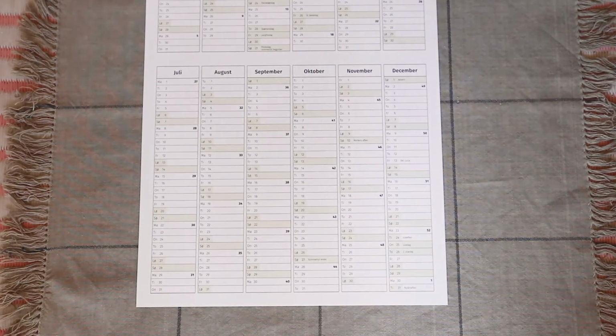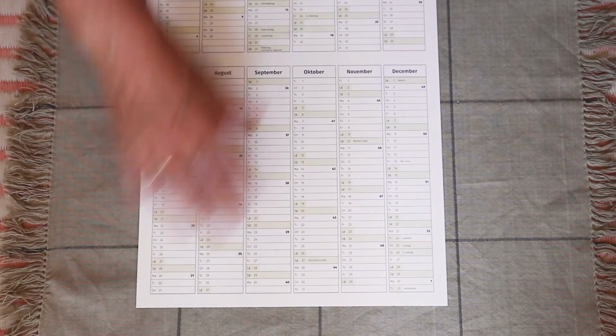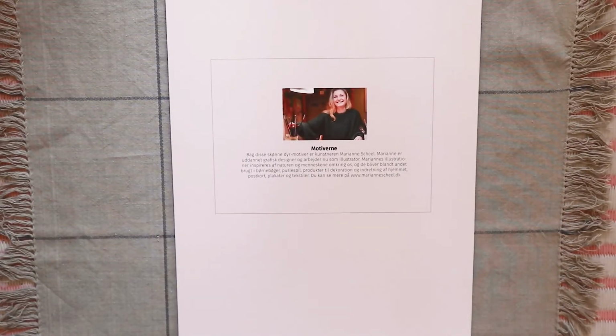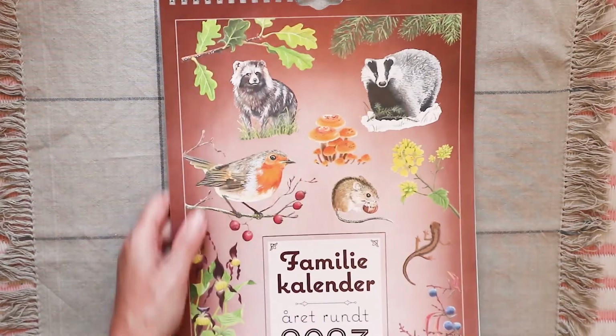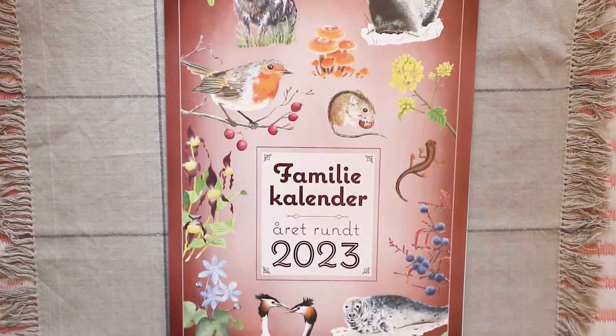Then there is a calendar for 2024, and in the back they kindly let me have a picture of me with my name and a little description of what I do, how I work and all of that. So it's a very lovely project to be in, and this is the third year that I do this calendar